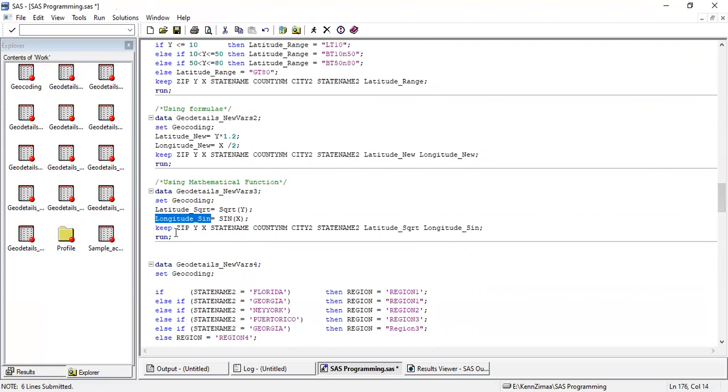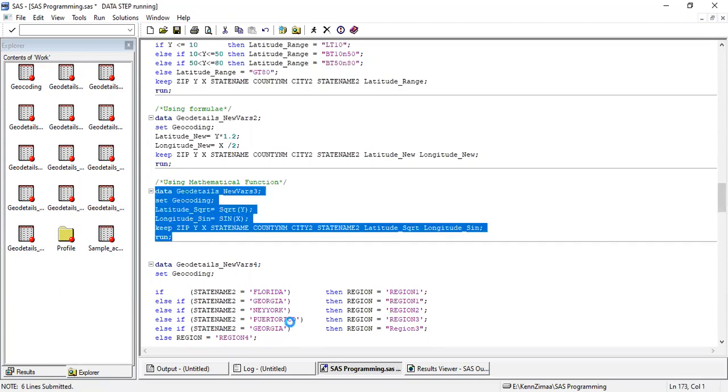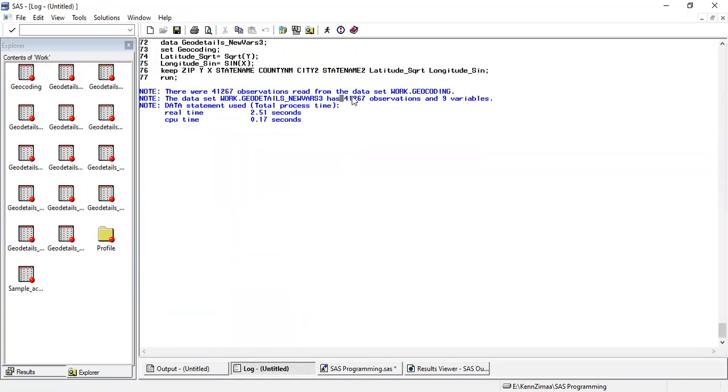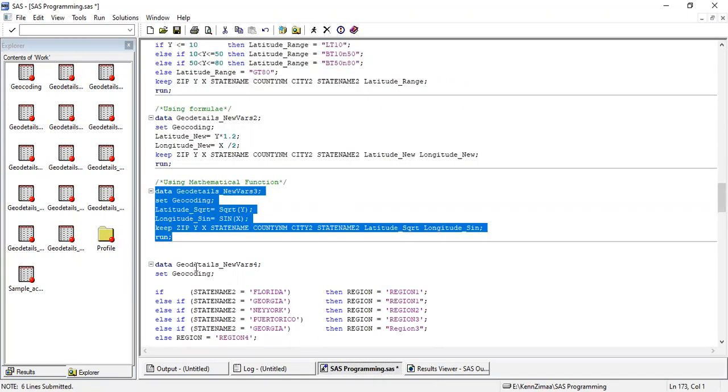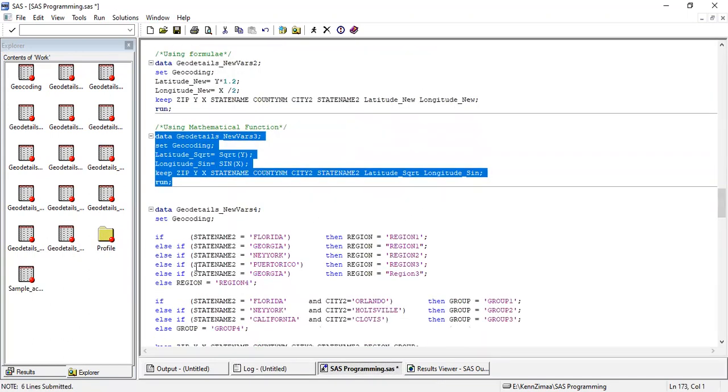So we can use it here as well. And after that, I'm passing the keep statement. So these are two mathematical functions I'm using. So 4, 1, 2, 6, 7 observations and 9 variables. So these two new variables have been created in the data.